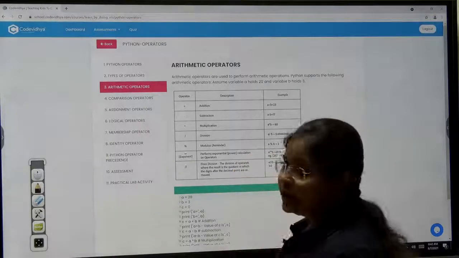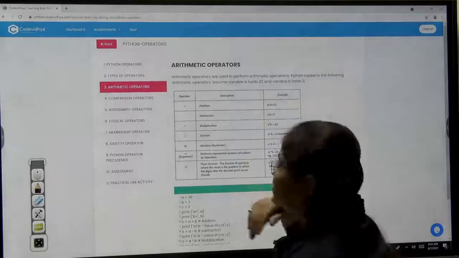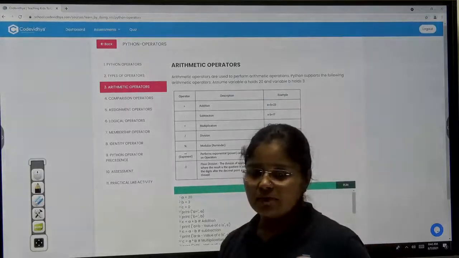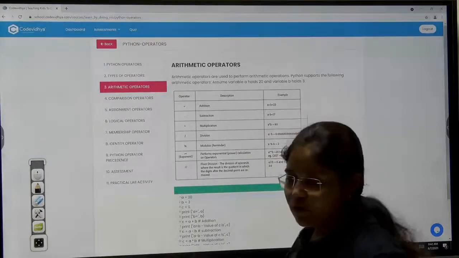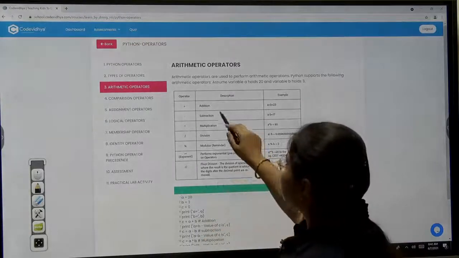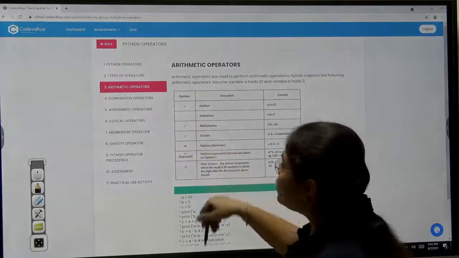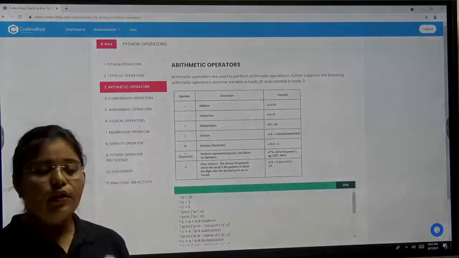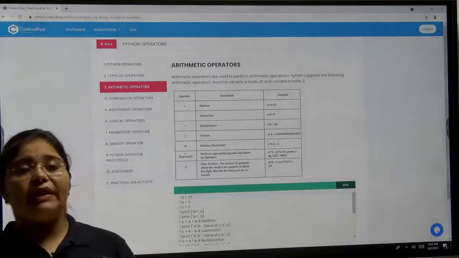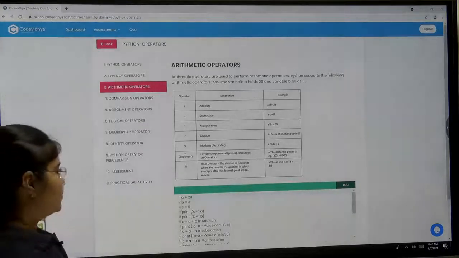Arithmetic operators are used to perform arithmetic operations. It can be addition, subtraction, multiplication, division, modulus, exponent and floor division. So as you can see here, plus, minus, multiply, divide. You are very well aware of all these operators because you all have been using these operators in mathematics from first standard or from KG1 or KG2.